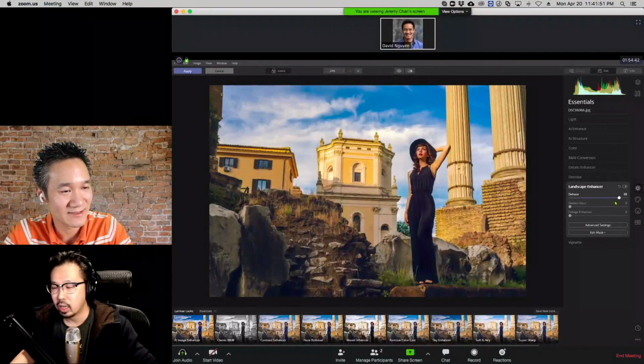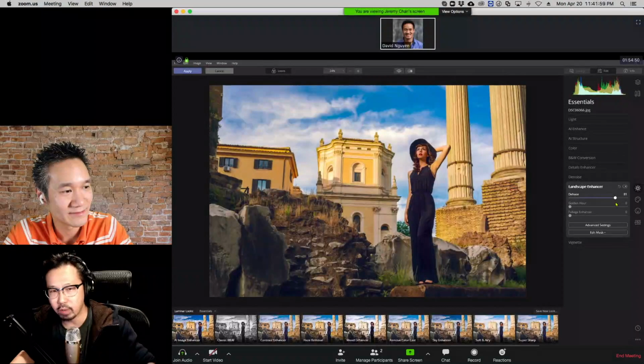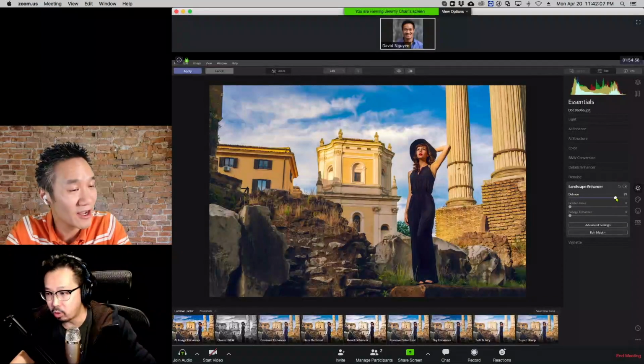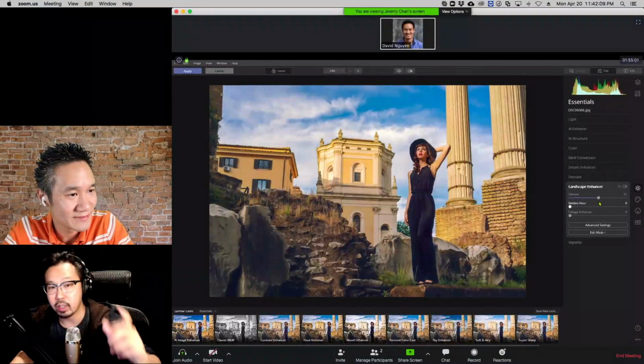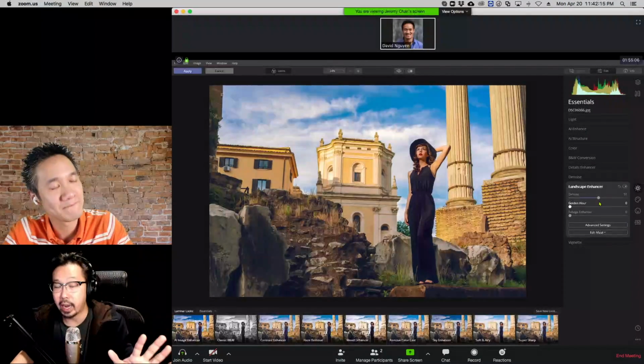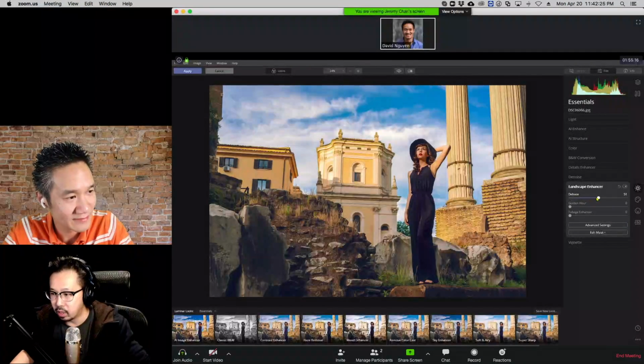So this is the main one, you see how this landscape enhancer dehaze works. If you ever play with Photoshop's dehaze, it's a bit different. They're both global, and they affect everything. But the difference is that Photoshop's dehaze basically increases the contrast. Let's say we have a picture which is muddy or foggy, it will enhance the detail behind the fog for you, so it shows more. But if you look closely, what this does,